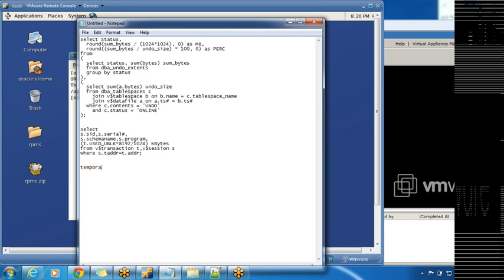Yesterday we saw how to check temporary usage, temporary table space usage. We also saw how to check the undo usage. And whenever we are doing an update, for example, update emp set ename equal to Mohan where ename equal to Alan, the user who is performing the update can see the updated rows. Even though the transaction is not committed, the user can see the updated rows. But from the other session,